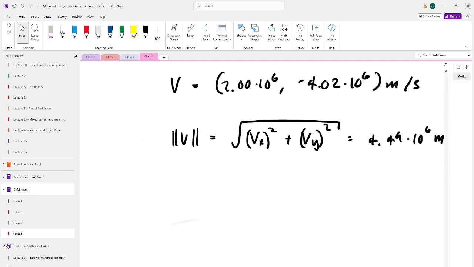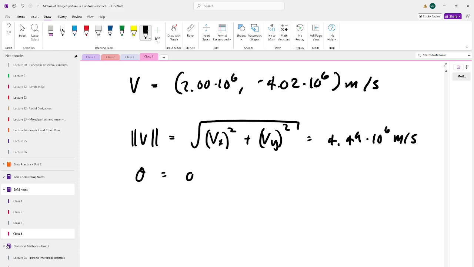And then if we look at our angle, we'll get arctangent of minus 4.02 times 10 to the 6, and then 2.00 times 10 to the 6. 10 to the 6 will cancel out, so we'll just get minus 4.02 divided by 2, arctangent of that, and that gives us